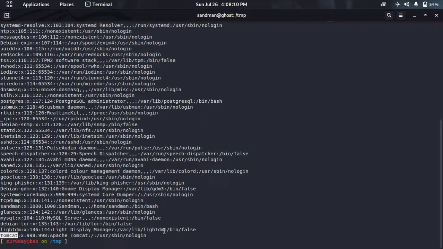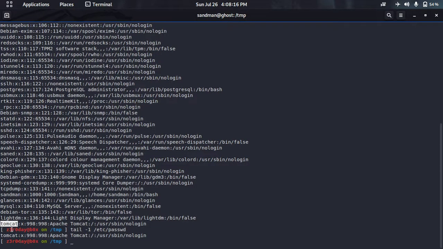As we can see, the final line is there, the command is working properly. Okay, so cat is just to read files: cat and the name of the file to read.